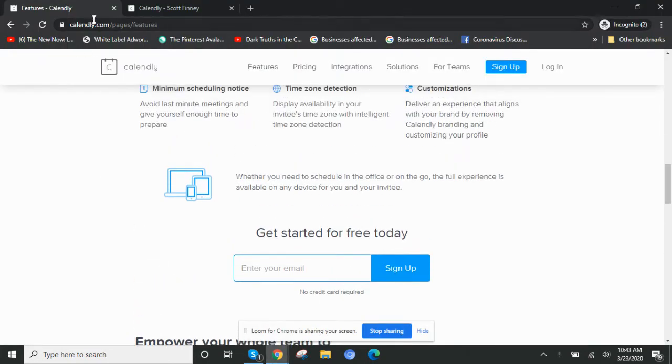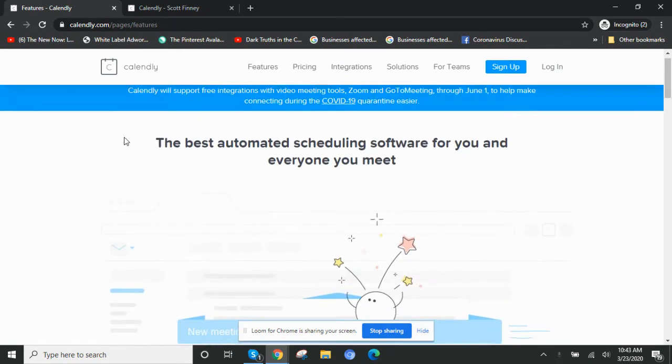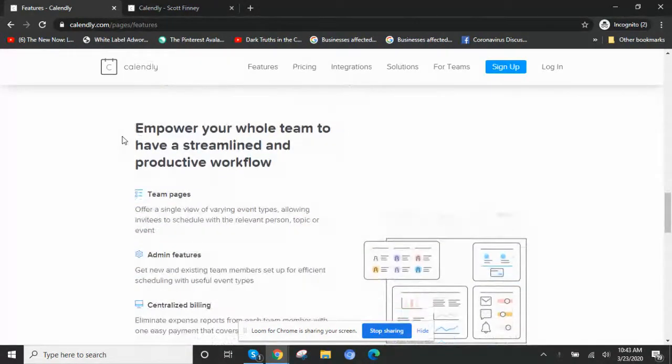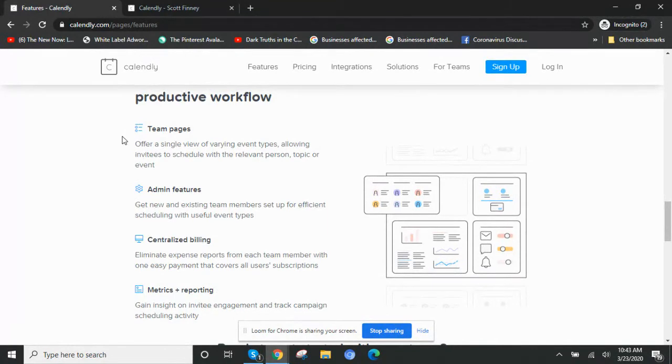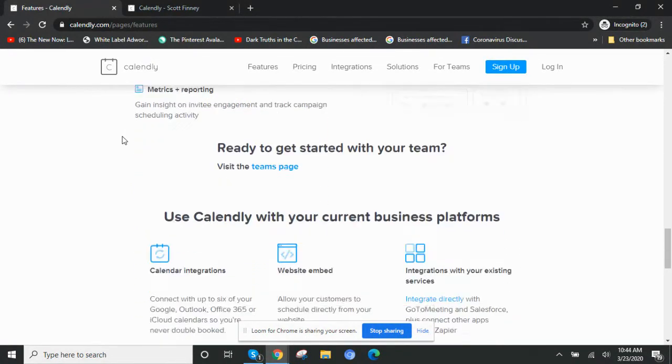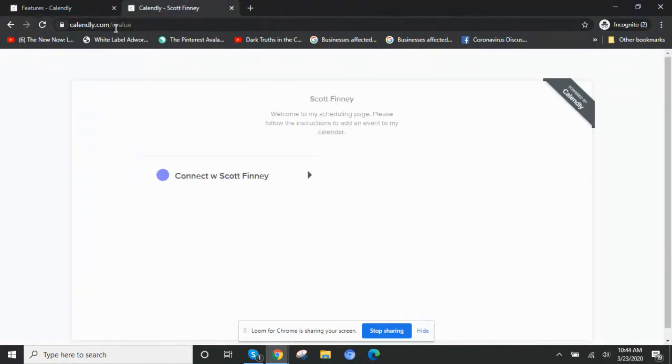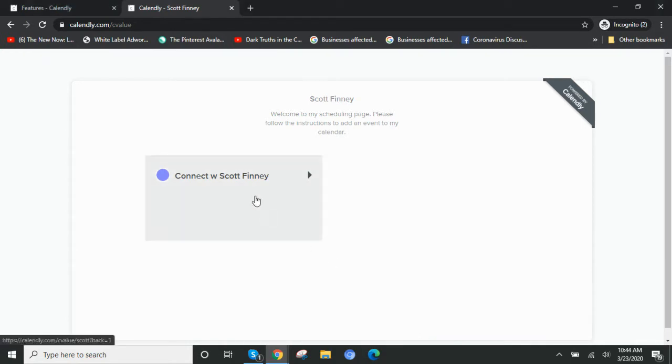Okay, so it's calendly.com. And this was a tool I was using before all this, and it's one that is really nice to go ahead and use. You might have seen this before when people in their email signature shoot you a link and say, hey, book something on my calendar. So you can send them to a page, like for mine, calendly.com/cvalue, the letter C and value. And then you can have different types of scheduling, but the free version gives you one. So just go ahead and get one live, right? So if they click this,